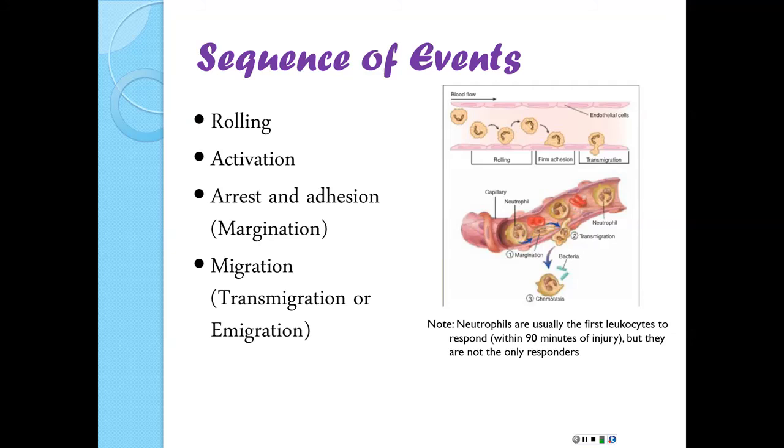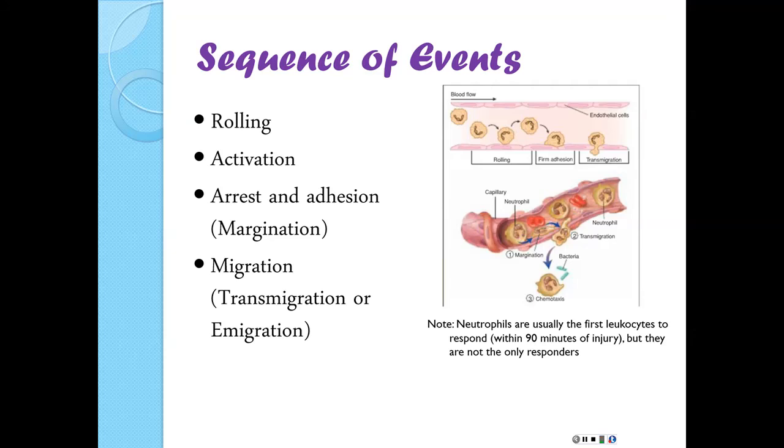So with rolling, the neutrophil passes along the vessel wall. It'll loosely attach and release prior to encountering the correct chemical. So they just kind of roll. You get a little bit of this image that they're rolling along, it's sort of attached, but then it came off. And so in that rolling phase, that actual adhering, not adhering, until it finds the right chemical mediator or chemoattractant to attach to,